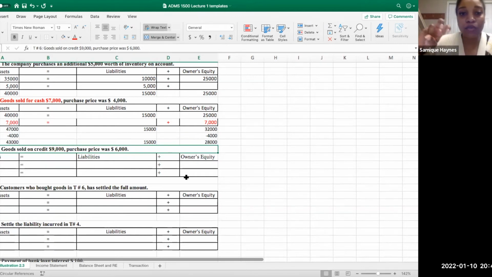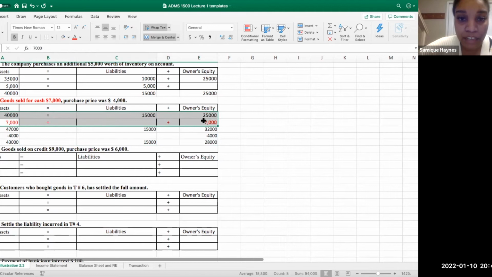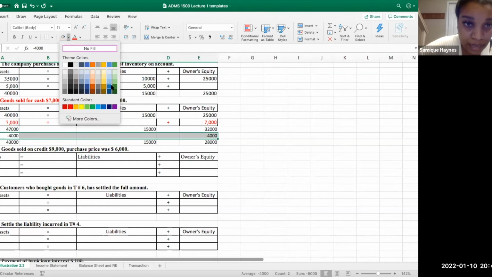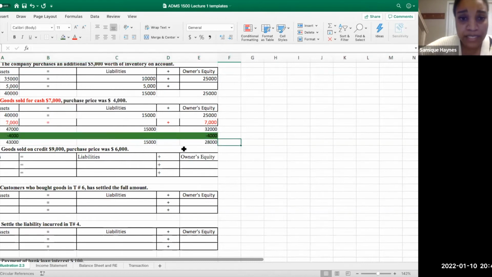The theory part of it. This is just the practical part. So how do we recognize revenues? And how do we recognize our expenses? And how do we make sure that we match the revenues that we earn to the expenses that we had to incur in that period? That's what we're doing here. So the red part here gives me the revenue, and the green part is gonna tell me about the expense.